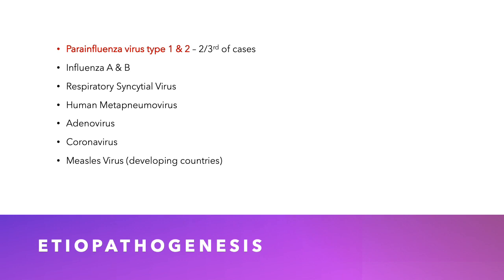laryngotracheobronchitis. In laryngotracheobronchitis, infection by the involved virus causes mucosal inflammation and edema of the upper respiratory tract, that is the glottic area, subglottic area, trachea and the bronchi, and that leads to the narrowing of the subglottic region, resulting in upper airway obstruction and the typical stridor. Now, what is a stridor? Stridor is a harsh, high pitched respiratory sound that is usually inspiratory but can be biphasic, and it is produced by turbulent airflow. It is not a diagnosis but a sign of upper airway obstruction.